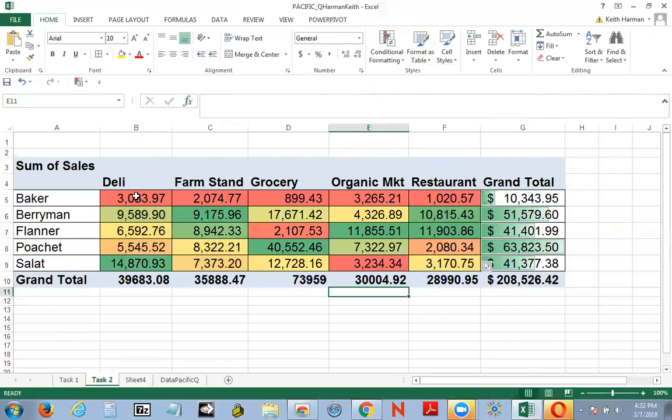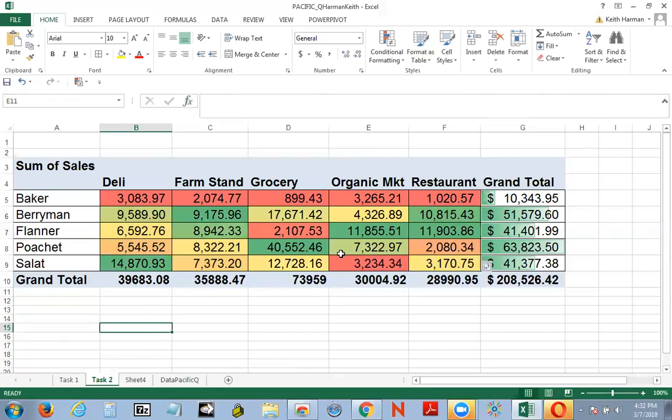And now we can see that Baker, this is really dramatic, because we can see Baker's at the bottom of the totem pole in every type of outlet. So there's definitely something wrong. Now, we could come back here, and we're trying to kind of explain that, and we could screenshot this,